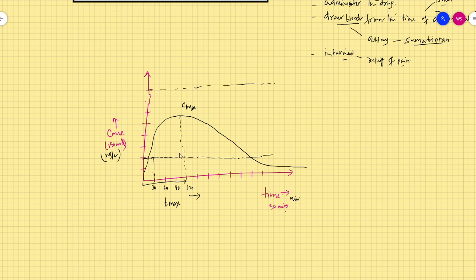So we have been asking the patient about the pain relief right from the time we administer the drug. So at 0 time we administer the drug. The tablet is given at 0 time. And every 15 minutes we are drawing the blood out and we are asking the patient, are you feeling any pain relief? And at 30 minutes the patient tells us that